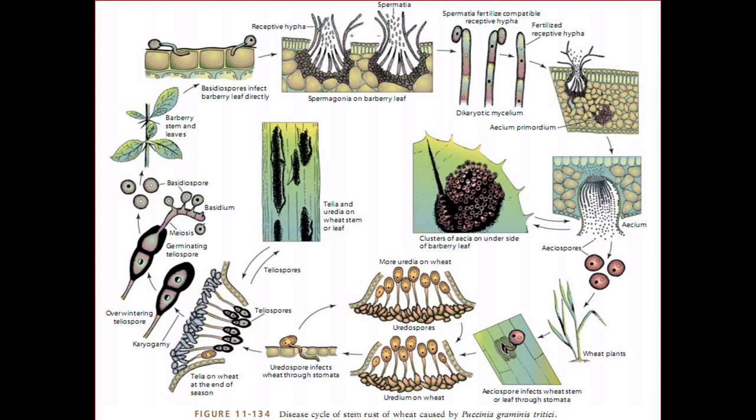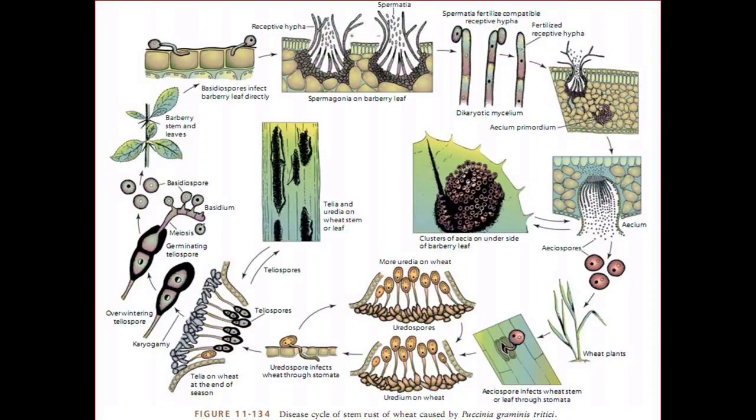Now we will see the first stage of this wheat rust, that is stage zero. It is known as the pycnidial stage and it produces pycnidia. Flask shaped with a narrow opening, it produces numerous pycnospores. This is the particular character of this pycnidium. At the tip, small thin walled pycnospores, that is spermatia, are produced. These pycnospores push out and mix with a honey-like fluid which attracts insects, and they transfer it to receptive hyphae projecting from